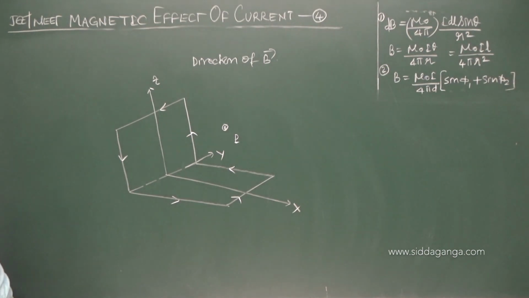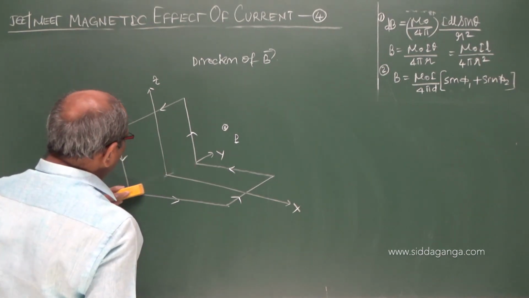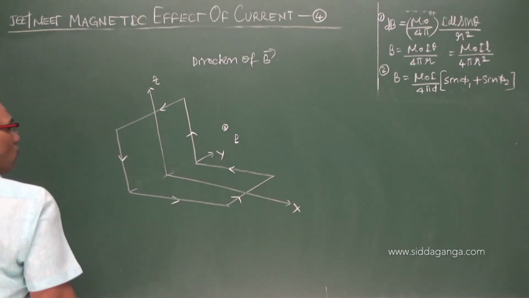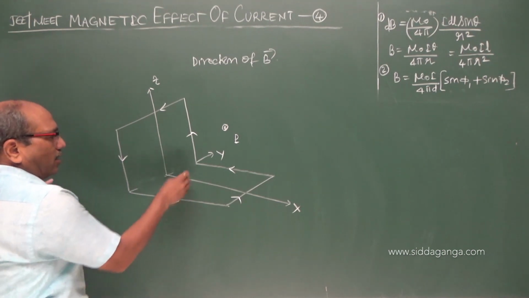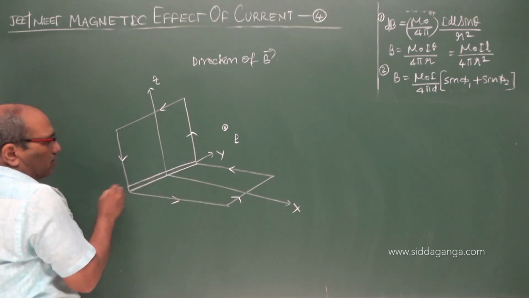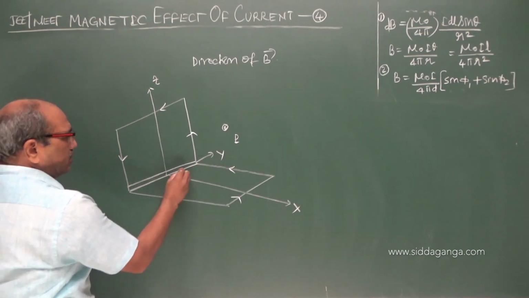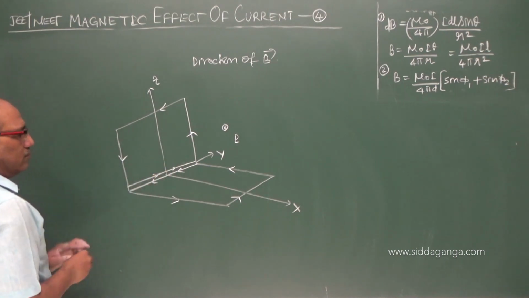Now actually there is no current passing, it is just bent, but the two parts are in two different planes. One is in the YZ plane, another is in the XZ plane. I can make two separate planes from that, just for convenience. Let us see the current flows like here, and in this it may be like this.